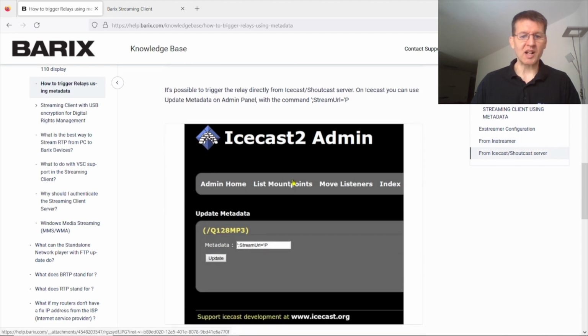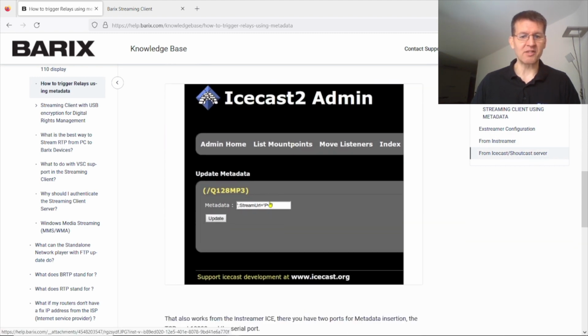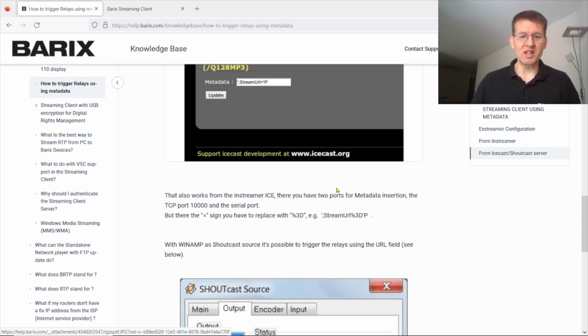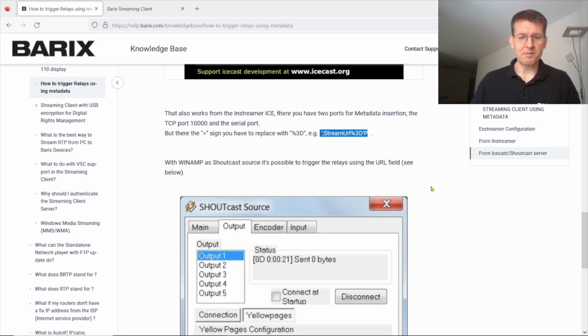And when we scroll down, then we even see we can do this from the IceCast interface. We have to use a special string to do that. And here when we do this from TCP port 10,000, then you have to use a special string. I copy that, and we will do that from our packet sender.